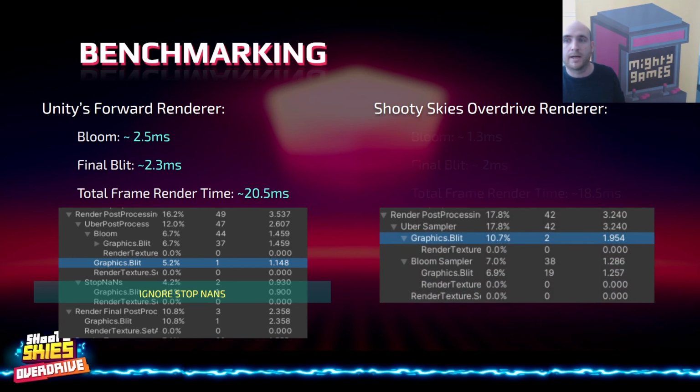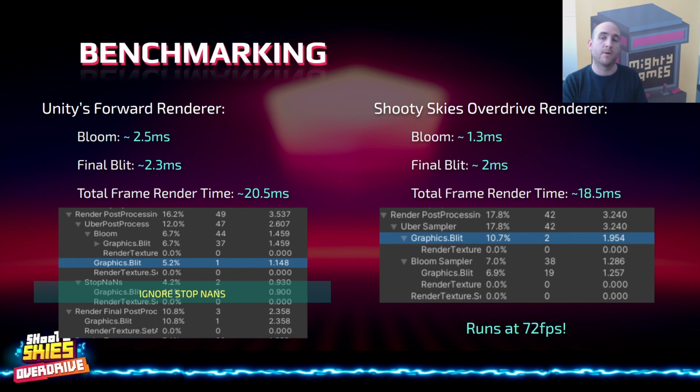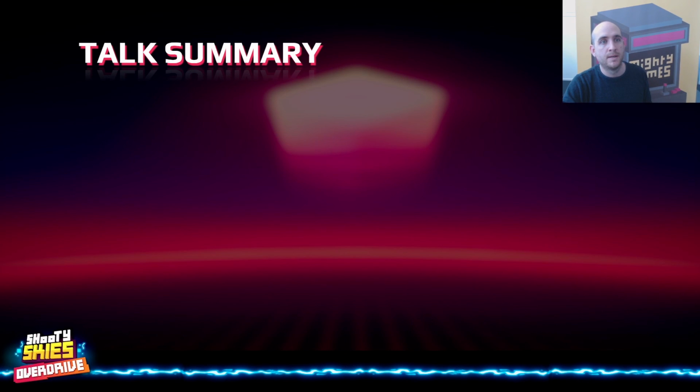Whereas with our own renderer, our Bloom's running at 1.3 milliseconds, our final blit's at 2 milliseconds, and our total frame render time is about 18.5 milliseconds for when I was doing this capture. And that's running at 72 frames per second, which is great. So now we have Bloom and color grading on top of our standard render pipeline, and the game looks far better for it. So just in summary,